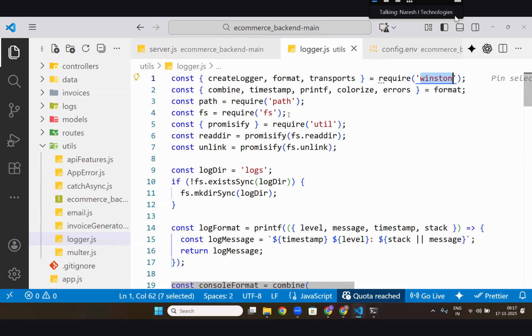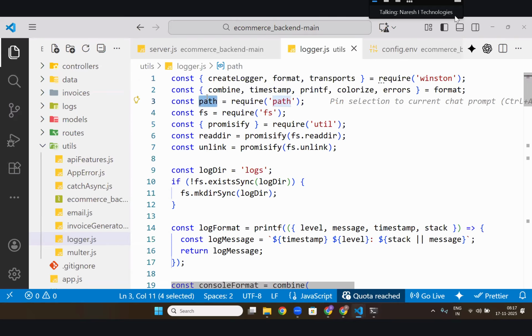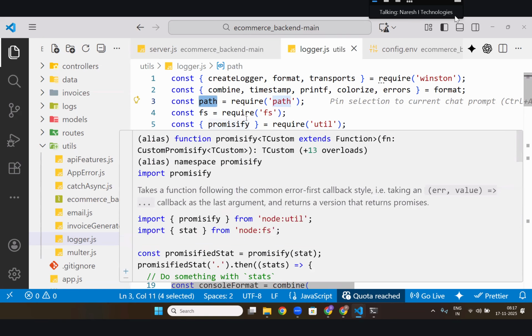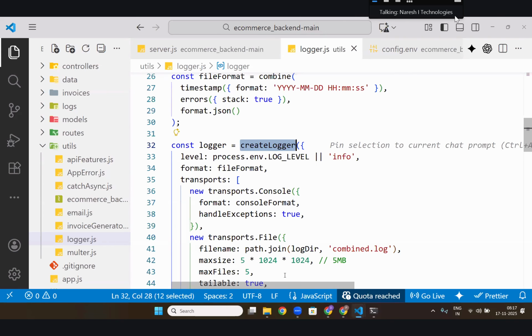What these guys are doing is taking the file system and the path. You remember these things? In Node we discussed. And then this logger will do the logging in the system. Indirectly they are doing console.log only.